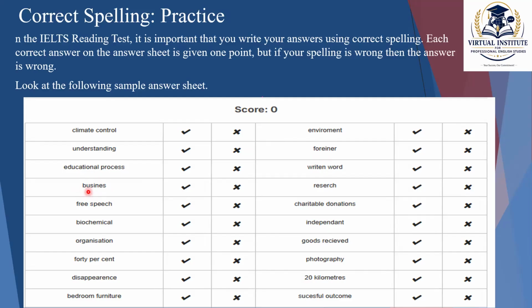Then business, is it correct or incorrect? It is incorrect, because we have two S at the end. Okay. Research. Sir, it is incorrect. Yes, incorrect. So this is how you should do your work, right? All of them are regarding spellings. So to understand spellings,